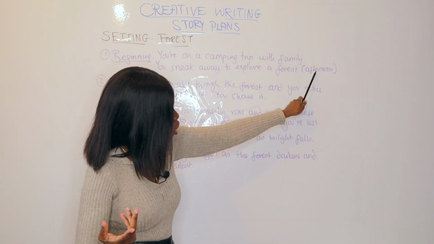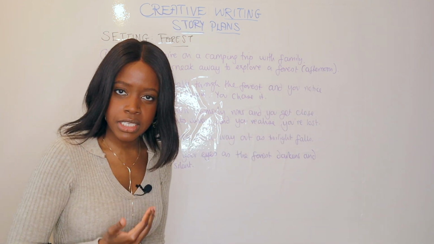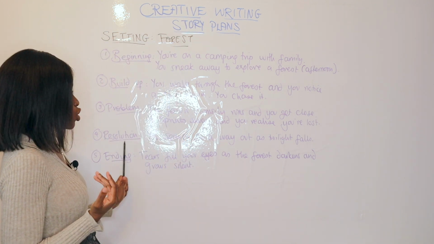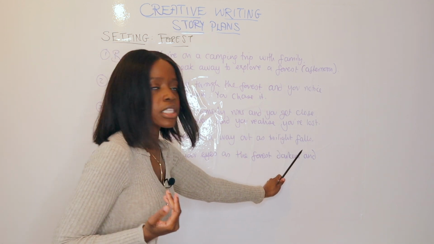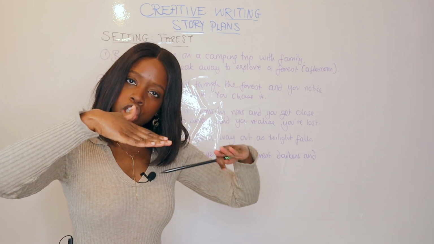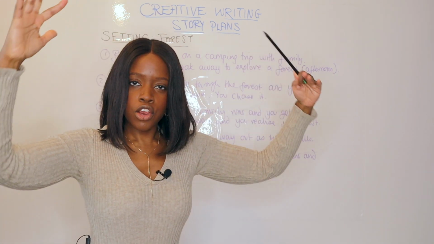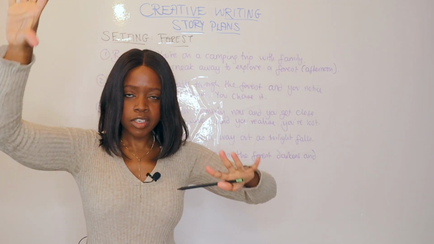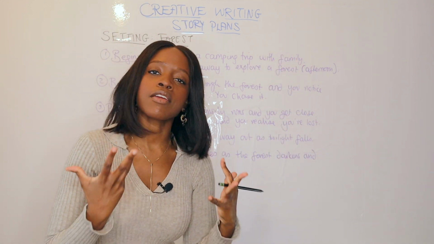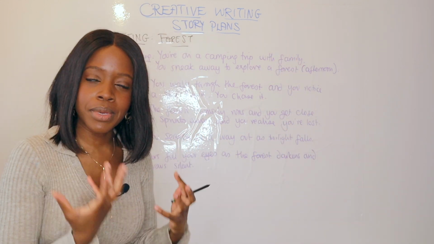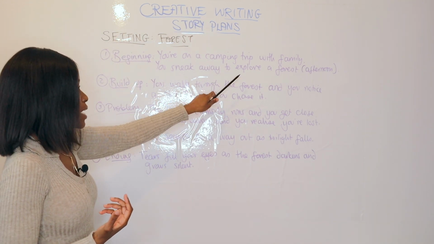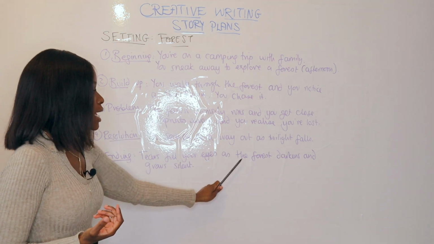Now, you had started in the afternoon. This is where you can use pathetic fallacy to really change the tone and make it a little bit more scary, because in your resolution paragraph, you search for a way out as twilight falls. Twilight is that period of time as the afternoon falls just before it gets dark. So it gets darker, the sky has this explosion of colors. It's lavender, it's cobalt, it's amber, but the forest is darkening, and you're realizing that if you don't find a way out soon, you might be trapped there. And the ending could end with you going from being really happy and excited to now tears filling your eyes as the forest starts